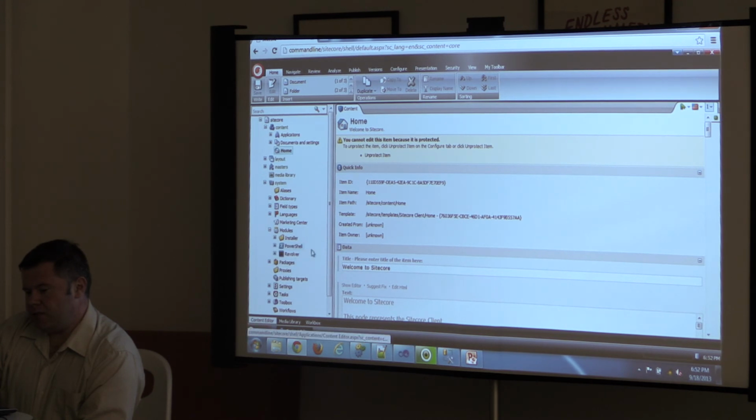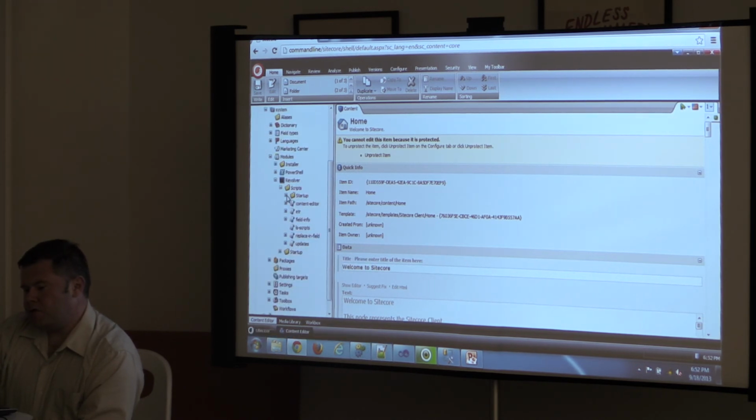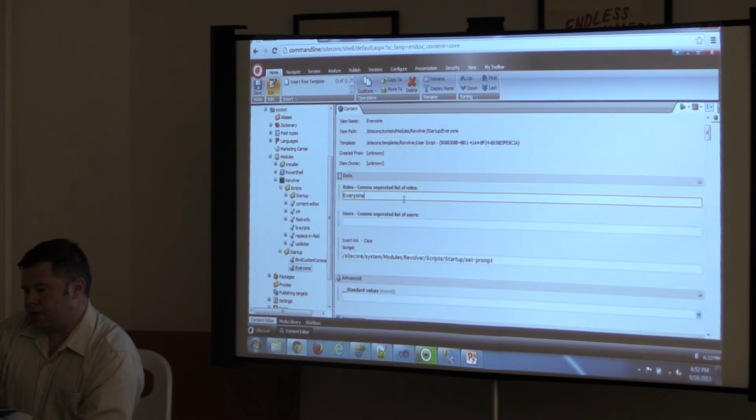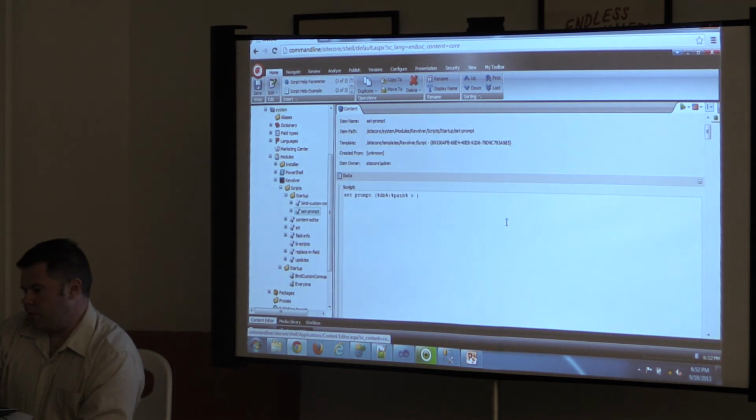So you have a nice little modules directory here with Revolver, and then here we have scripts. It says right here it's online. So we have startup scripts which run when you open up Revolver. They get executed automatically depending on the role, and roles are set on this thing here called startup. So we have something that's binding to everybody. You can't select the user or a role from this. You put in the string value here, and you can separate it by commas. Then you can point to a script that you want to run, which for this particular script lives in here, startup, set prompt. And that sets the prompt that you see when we're inside of Revolver.